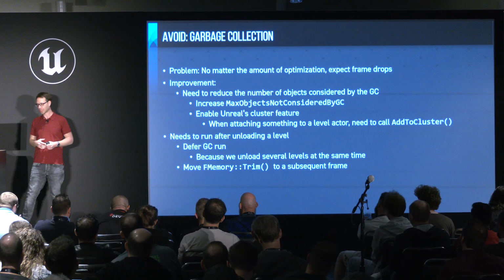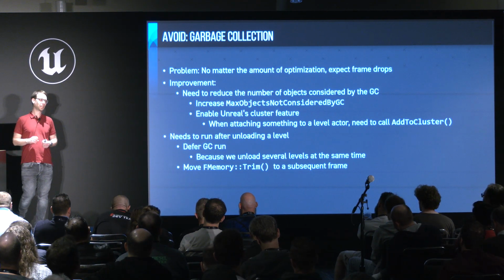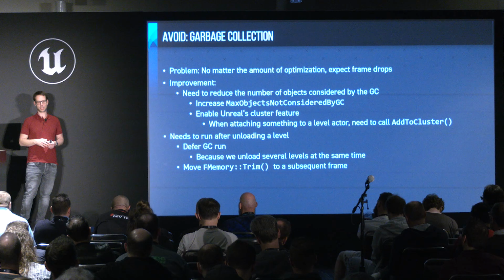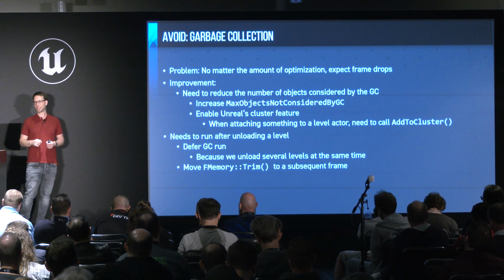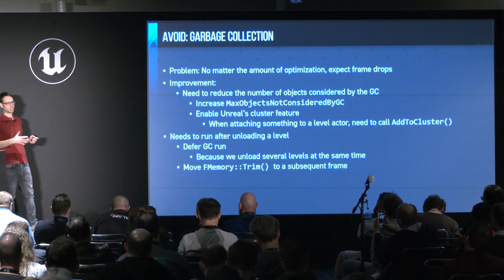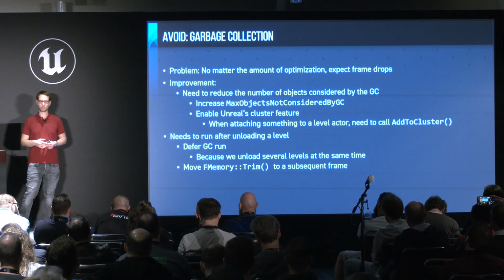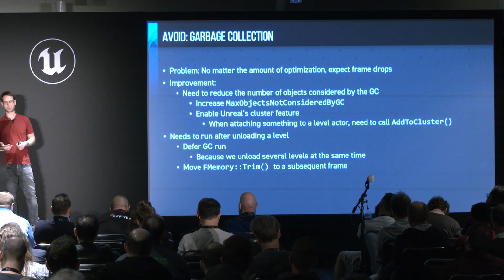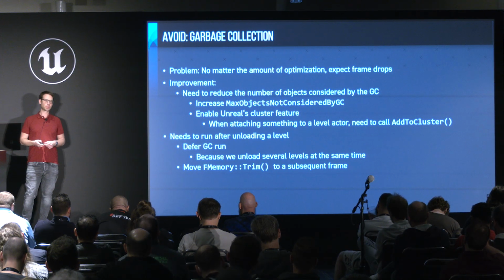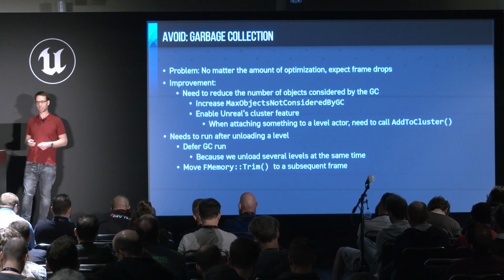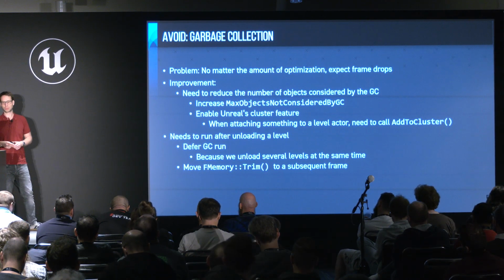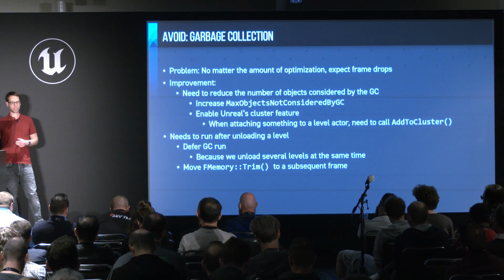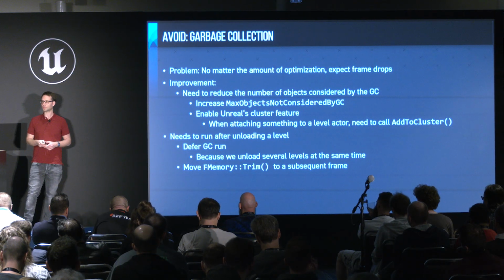so that we would end up with multiple frames of bad performance. So we went in there into the engine, and what we did is we implemented it so that we now defer this garbage collection run for up to 2 seconds after a level has finished unloading, so that we can potentially have multiple levels finish unloading and then just run the garbage collector once. Because the garbage collection run is not going to be a lot more expensive. If it finds more garbage, it still needs to go through all the objects. And then we also moved this call to FMemory Trim, which tells a couple of systems now would be a good time to free up some memory. We also moved that to a subsequent frame because it made the garbage collection frame just a little bit longer, so we could just schedule that for the next frame as well.